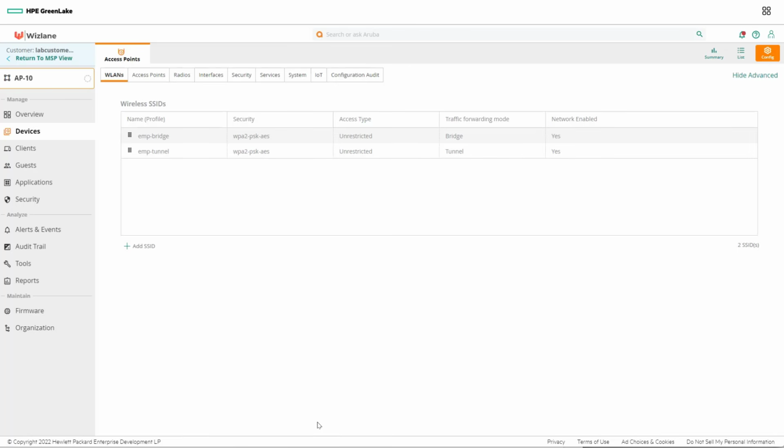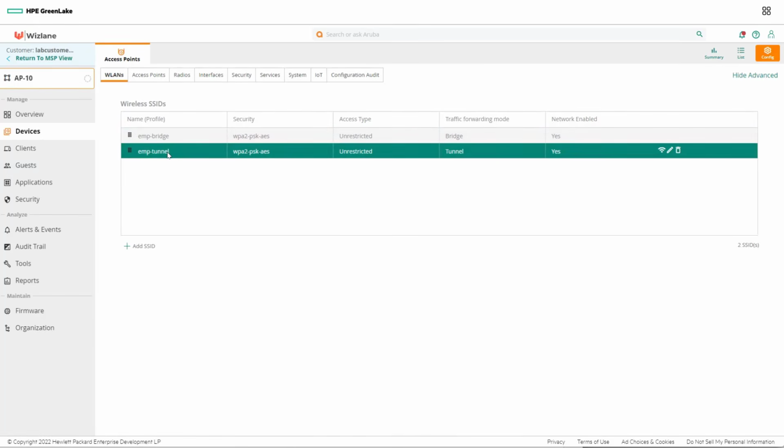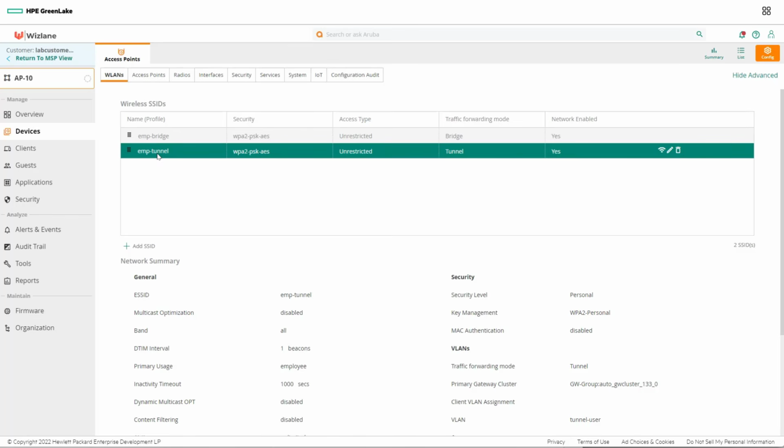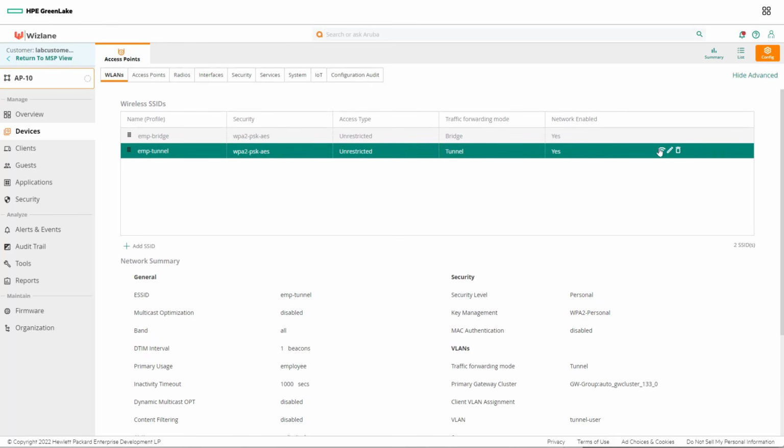As per our setup, we have 2 wireless gateways, and we have one access point where we created the SSID or WLAN that is tunneling. If you look at that access point, you have 2 WLANs. One is tunnel and one is bridging. If you look at the one that is tunneling, we are directing the tunnel to the cluster per the group. So if we edit this one,